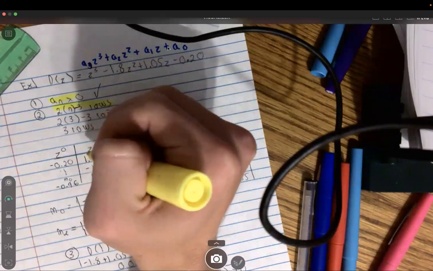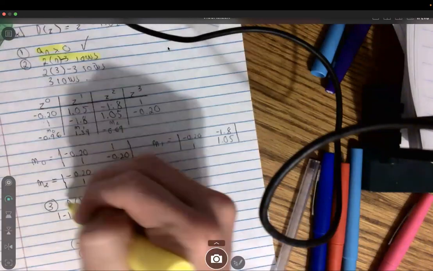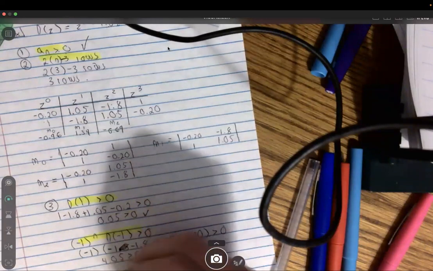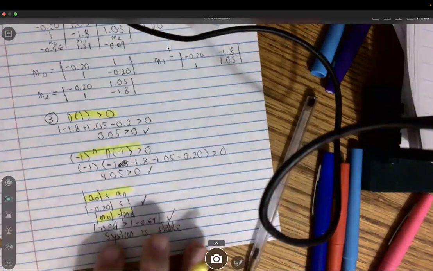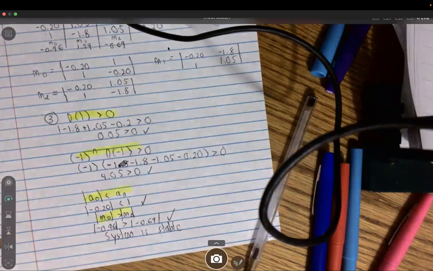Form your table, which we did. And then the third one, you have to make sure these two conditions are met. Then based on how many coefficients you have, how many rows you have, you're going to have to keep reapplying this test to make sure that you meet all those criteria to determine that your system is stable. So now that we determined that,